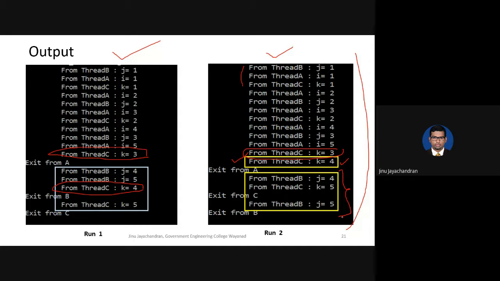Okay. So what it means is that when you have put something in a thread, you don't have control over when the output is going to come. It is completely under the control of the operating system when the output should come. So each time you run the same program with multiple threads, although it gives the correct output, the way it displays the output will be different.